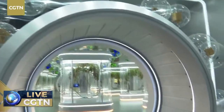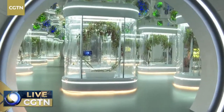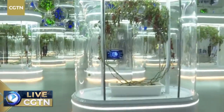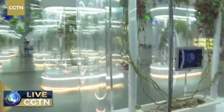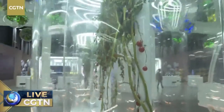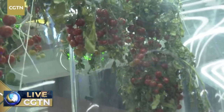Yes, we try to recycle as much as possible, the water and the air. We need oxygen, and we also produce carbon dioxide. And we metabolize, so sometimes we create waste. All of these can be a kind of organic fuel that you can use to generate new vegetation and vegetables. You grow vegetables to create a small biological environment inside the station